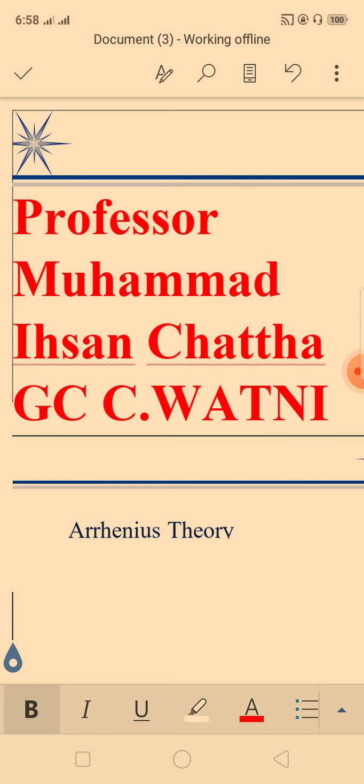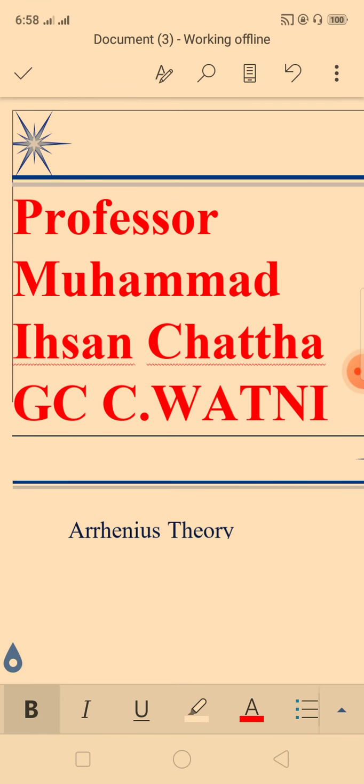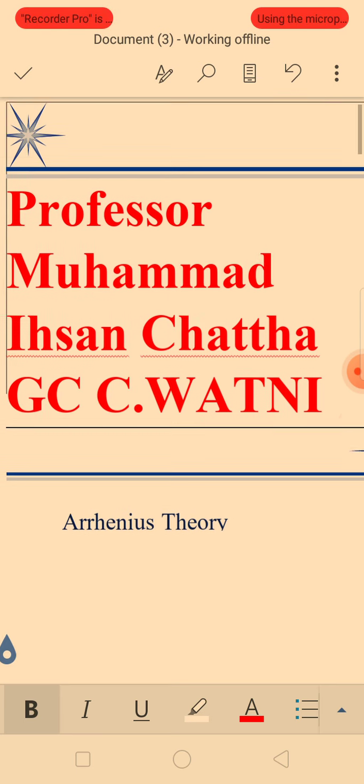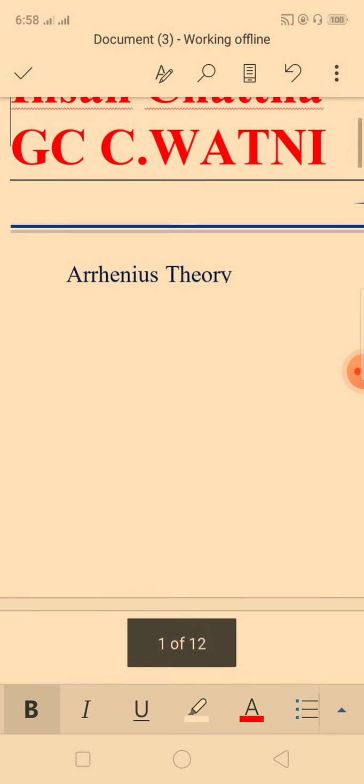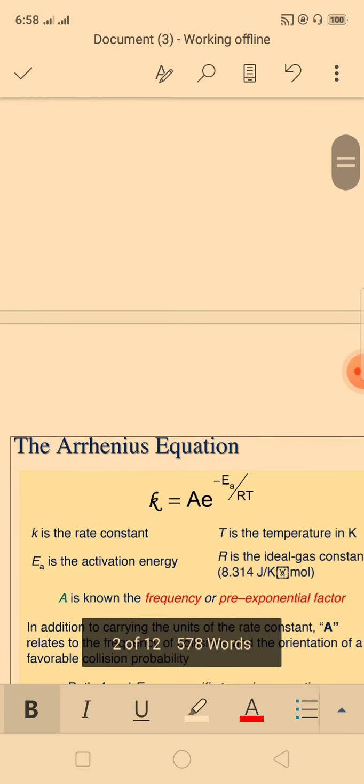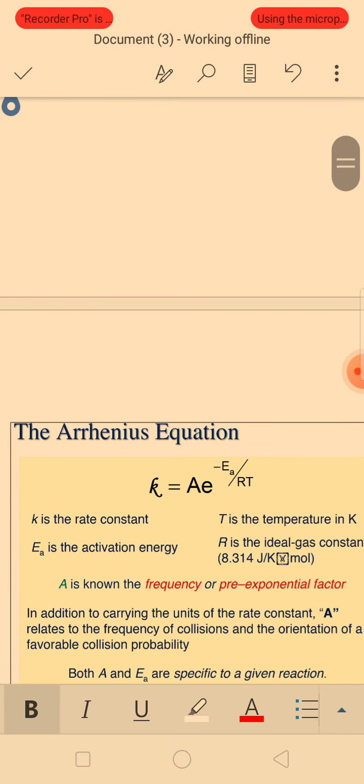Today's lecture is about Chapter 11, Chemical Kinetics, and its article about the Arrhenius equation. Arrhenius theory, Arrhenius equations. Dear students, the Arrhenius equation